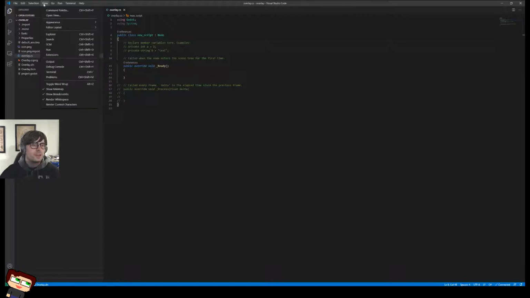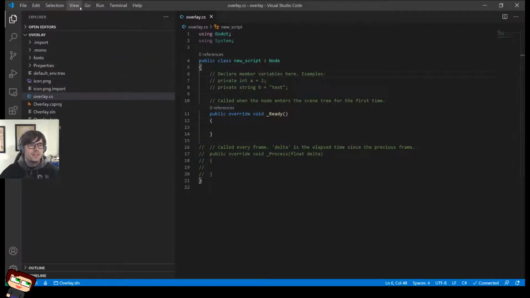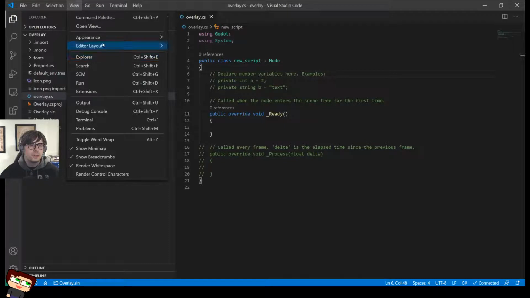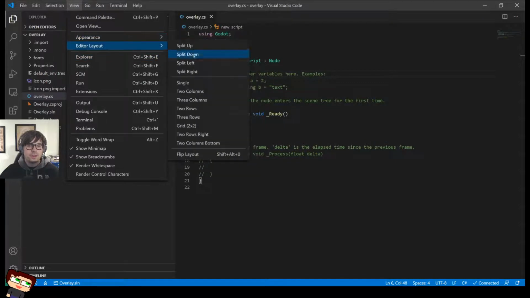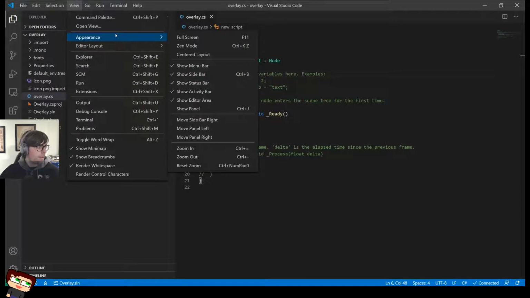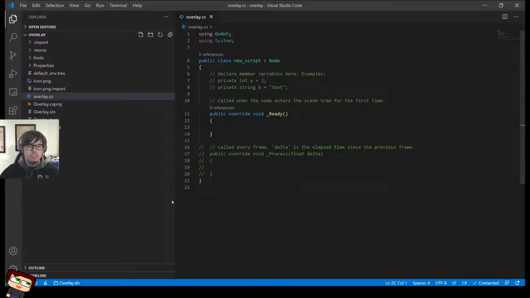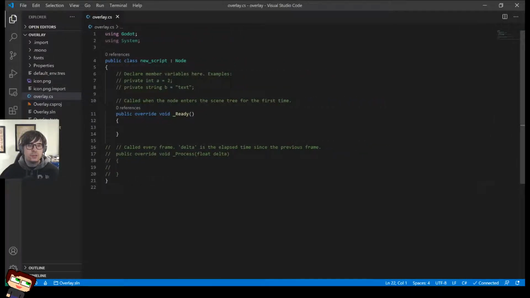File. I would think it'd be in view. Appearance? I'm sure I must have missed it. Oh. Control plus equals. Oh, I got a message on there. So, again, it did the same thing. But maybe that's what I'll just stick with. Editor layout. Is there... No, this is just the layout. So that's okay. That is fine by me. We'll just deal with having a large thing. Cool. I know I could do it in the settings as well.